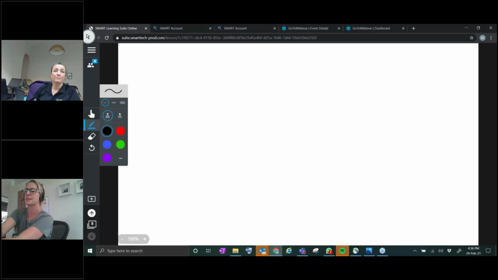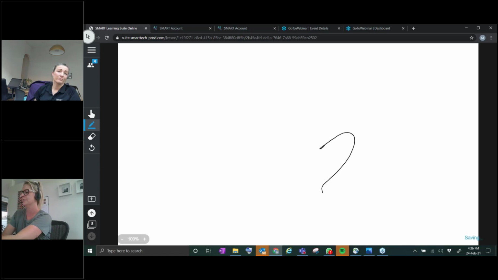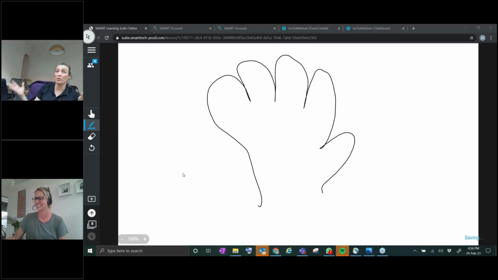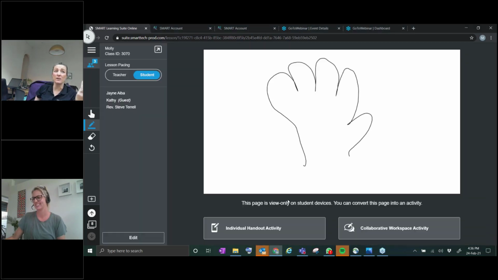Oh, I'm trying. It doesn't like that I put my hand on it. It says my hand. So Molly's, this is great. Because now Molly's just added a new page, she's drawn the hand, but now she wants you guys to do your network. All she has to do is press the people handout activity, and now you've got to actually,